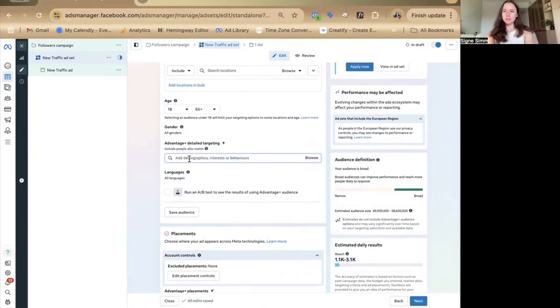You want to definitely make sure that you add 1 or 2 interests in here, demographics, whether it's that they are parents, whether it's people who are into fitness, who are business owners. It doesn't matter. You know better who is your ideal client, but you want to pick 2 and add them in here. One thing that you need to note about the audience is you want to make sure that the audience size is not too small.